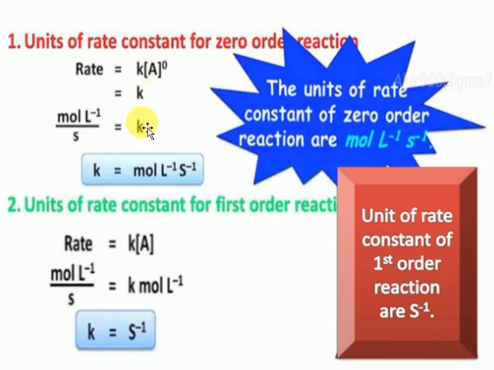So what are the units here? Moles per liter per second only, no? For zero order reactions, the unit of the k value is moles per liter per second only. So for this one the k value has units of moles liter inverse per second only. Next one is units for the first order reaction. What is a first order reaction? The rate of reaction is directly proportional to the concentration of A. k is equal to your